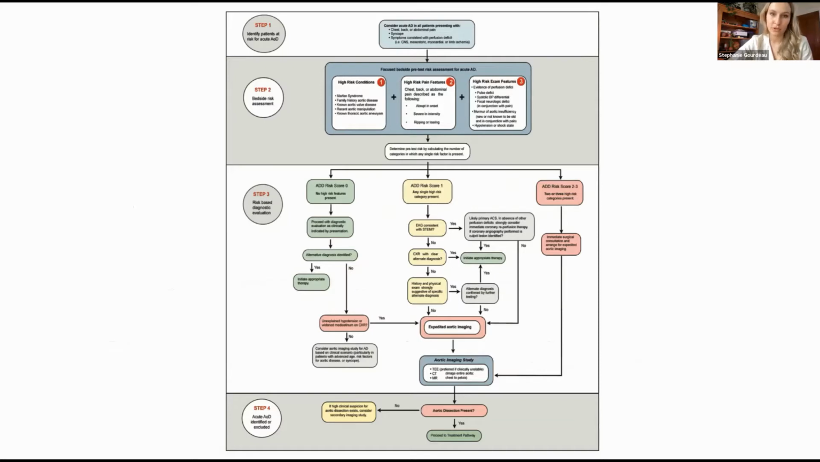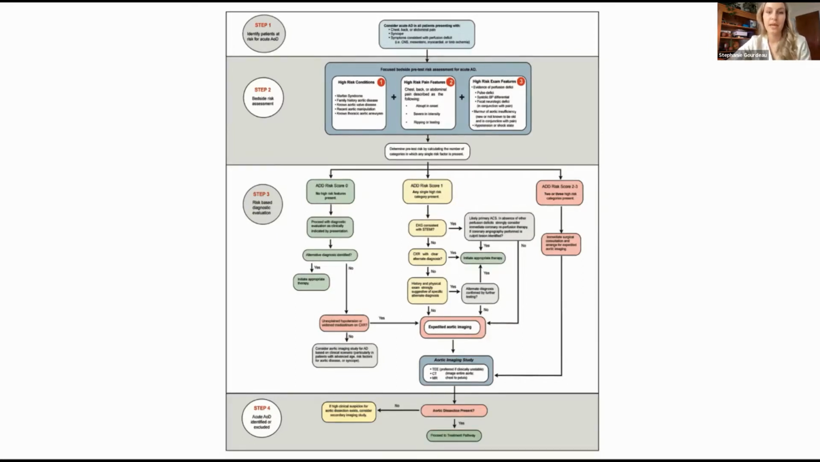The first step was to identify patients in whom aortic dissection needed to be ruled out. So this included patients presenting with chest pain, back pain, abdominal pain, syncope, or symptoms of a perfusion deficit. Once these patients were identified, the second step was to apply the bedside risk assessment tool, which is basically the